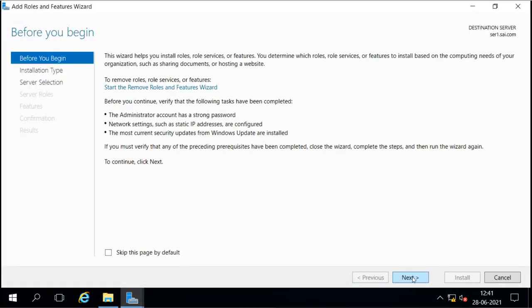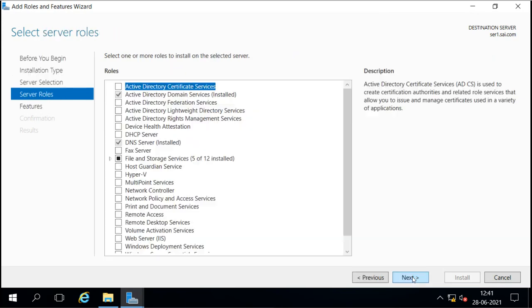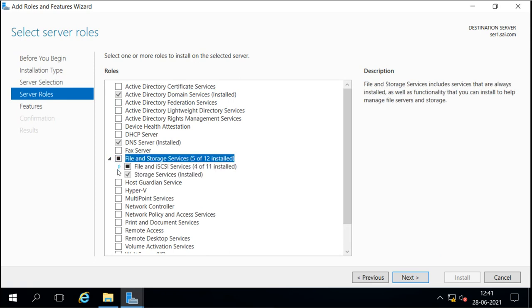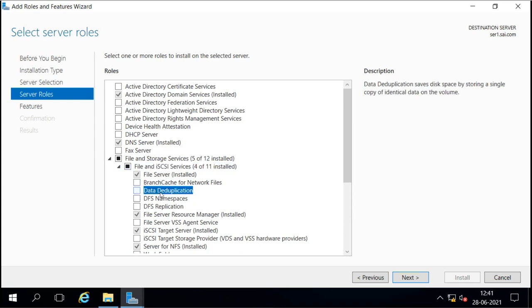So I go next, next, on the server, next. Under the Roles tab, we open File and Storage Services. Under File and iSCSI Services, we have the Data Deduplication option. When you select it, the description says data deduplication saves disk space by storing a single copy of identical data on the volume.